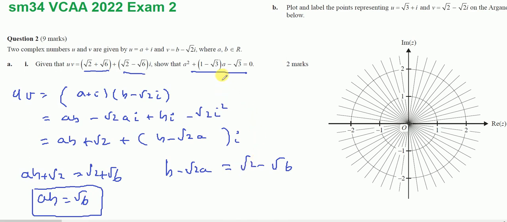Okay, I need to get to this. I need to do some substitutions. I know that ab equals root 6. So I'm going to multiply everything by a. By multiplying everything by a, you'll achieve two things. I will get an ab that I could then substitute the b out with the root 6 minus root 2a squared. It picks up an a squared term equals root 2a